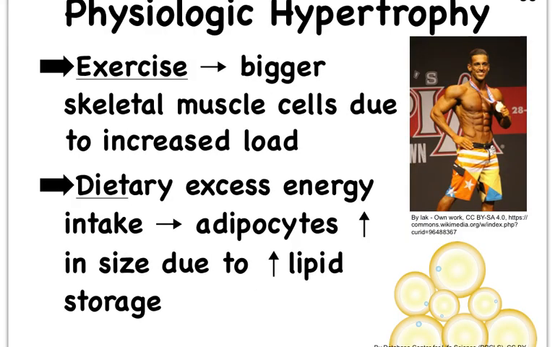So we've already talked about how exercising, working your skeletal muscles and your heart is going to lead to hypertrophy. So we're now looking at examples of physiological hypertrophy. Clearly, this guy is doing a lot of stretching of his muscles and working his muscles so that they are all hypertrophied. We can also see hypertrophying of adipocytes, meaning that they start to create more and more triglycerides inside of them. And this is typically because we eat too much, beyond the amount of calories we really need.